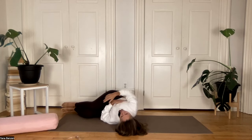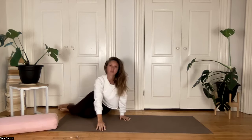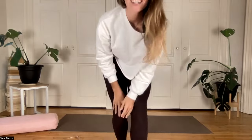And then take your time coming up and moving into Shavasana. You can do your Shavasana in the bed,